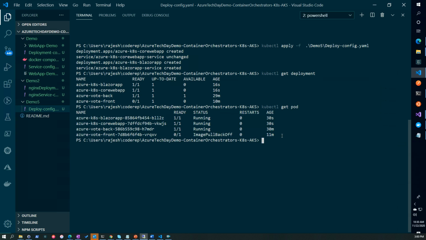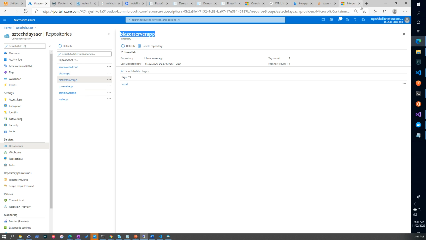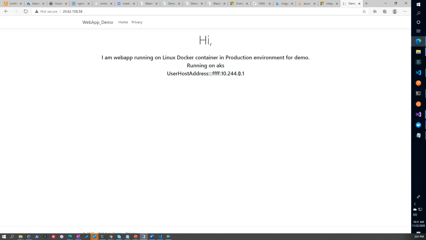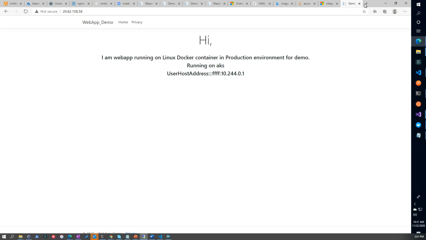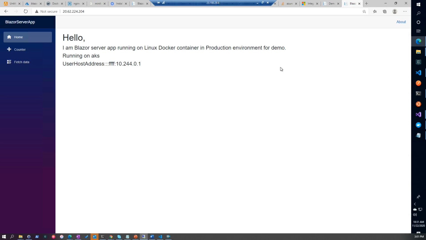Now kubectl get services. So this is the core app. This is the external IP. Yeah, it's running on AKS. Fine. This is the Blazor app. Yeah,